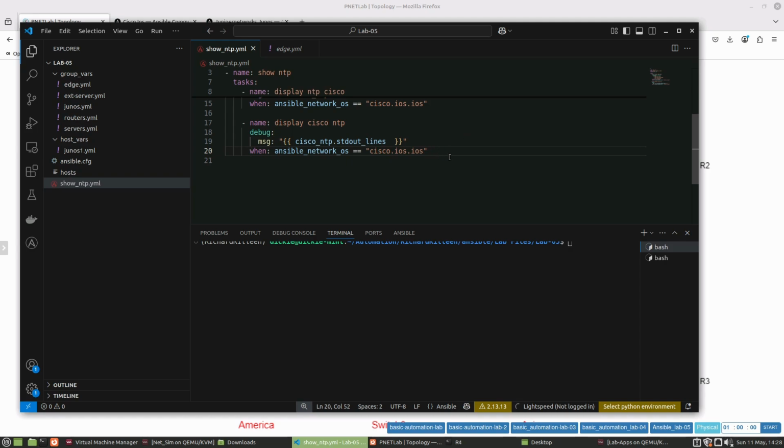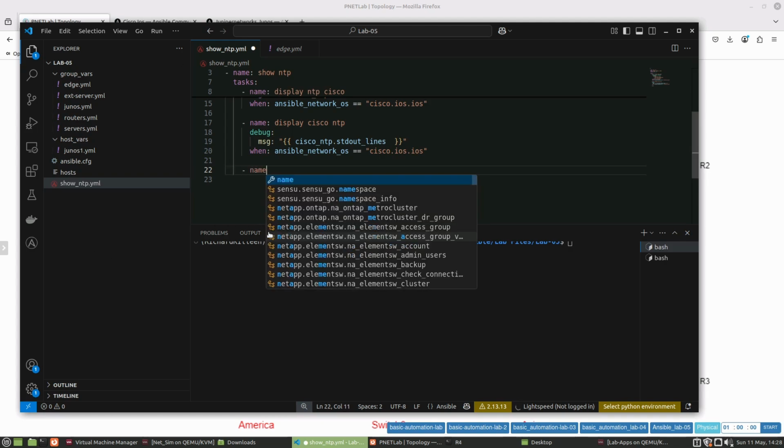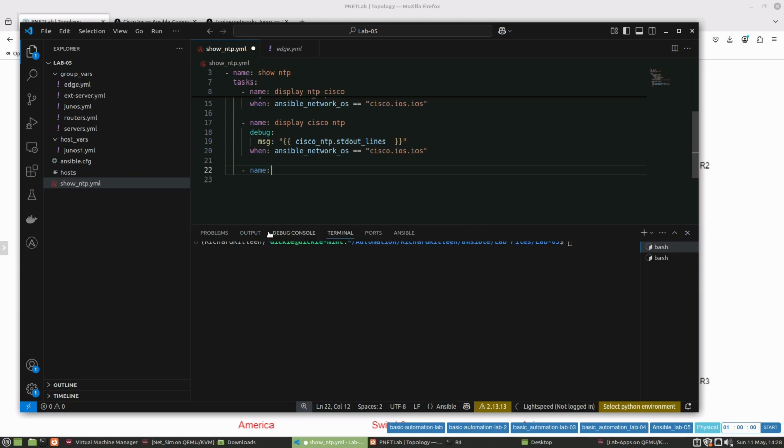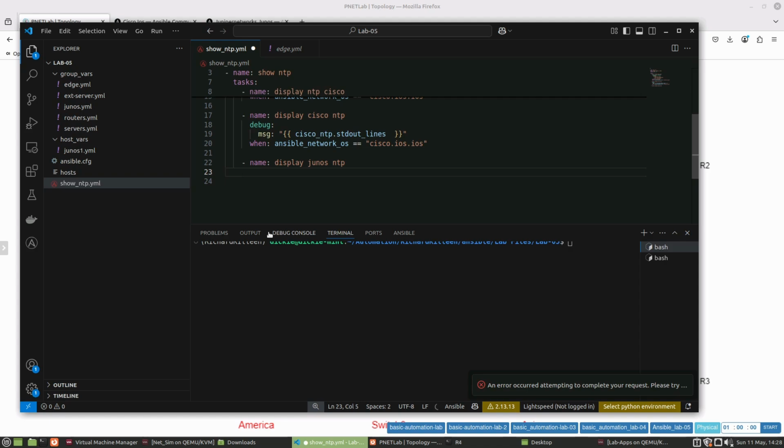So now what we'll do, we'll play around and get Juniper done now as well. So we get the Juniper NTP set up. So let's do our name, and it's going to be display Junos NTP. And now we need to tell it what module we're going to use. In this case, the module for Juniper is Juniper